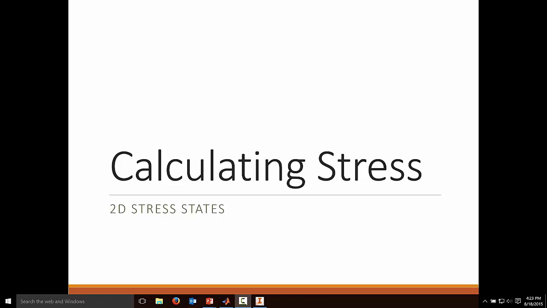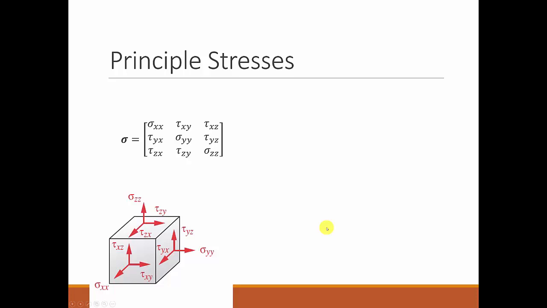Okay, in this lesson we're going to discuss how to calculate stress states in a 2D stress state. So let's remember from last time that we have a stress tensor that's composed of 6 values. There are 3 normal stresses and 3 shear stresses,